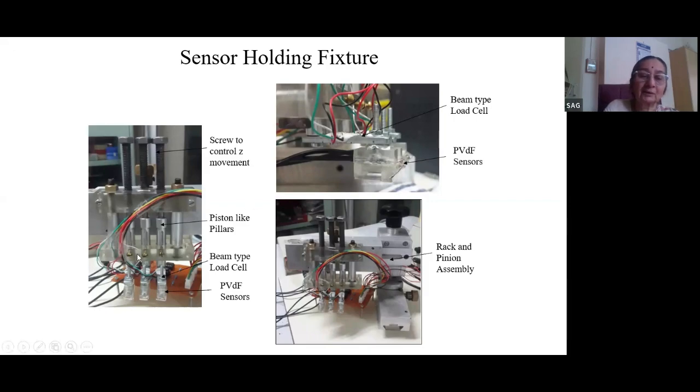developed this system. It looks clumsy. Finally, we would like to go for a robotic hand, which can do all these jobs in a very small place, in a very handy equipment. So these are three sensors. We put load cells on it to see whether the pressures put on the wrist are equal. A rack and pinion assembly was used to change the pressure on the pulses.